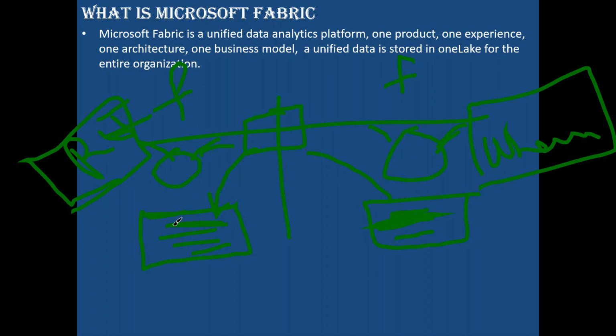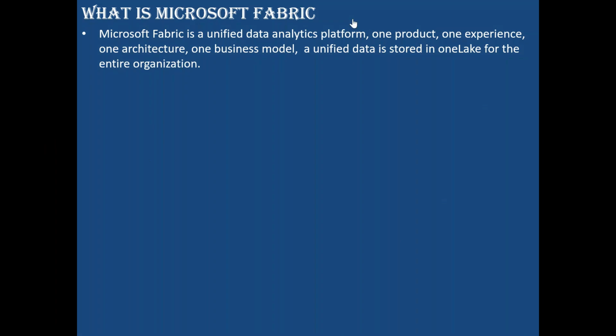Customers are duplicating their data into different storages, which increases the cost. But what Fabric does is, you run as many projects as you want: project 1 is workspace 1, project 2 is workspace 2. But the underlying data, I'll keep at a single place. This is called OneLake. Only one lake means single storage for everything.